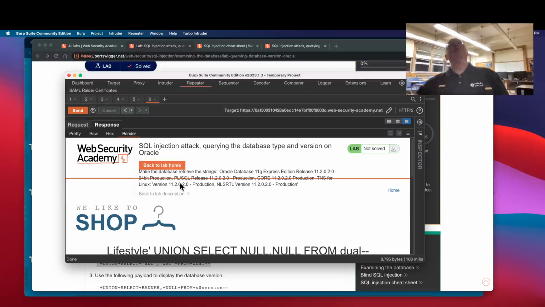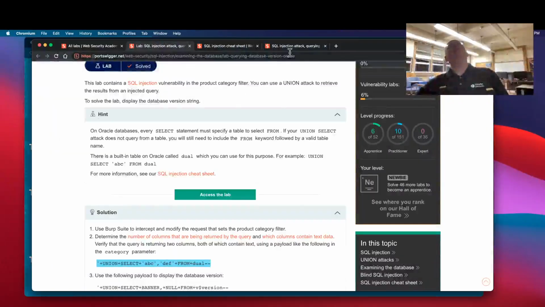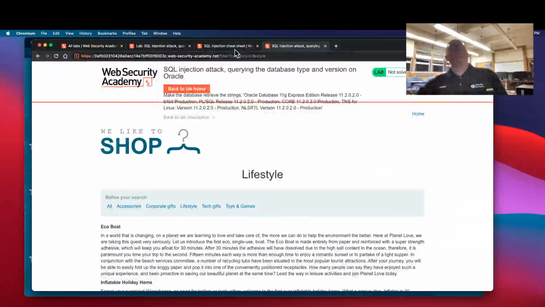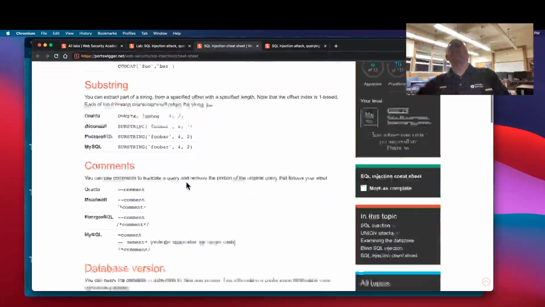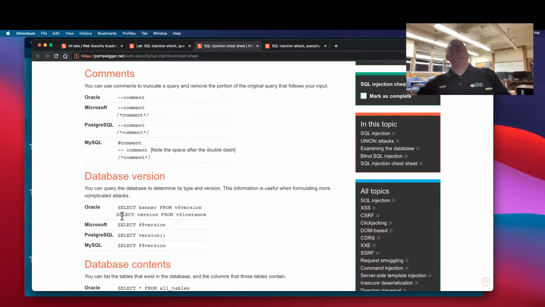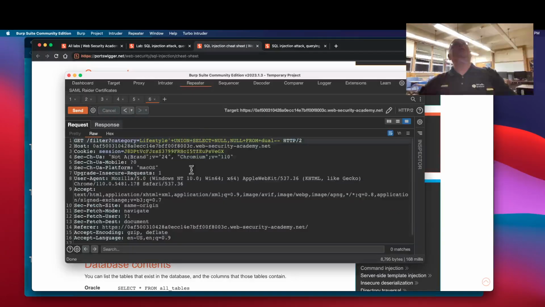So now, what was the goal? The goal was to get the version of Oracle. And so for that, we get that from the cheat sheet. To get the version of Oracle, you have to do that. Select banner from v$version. So I'll just copy that. And so I'm going to select banner, null from,